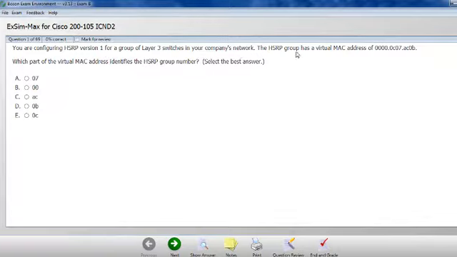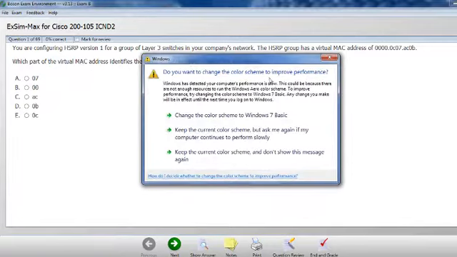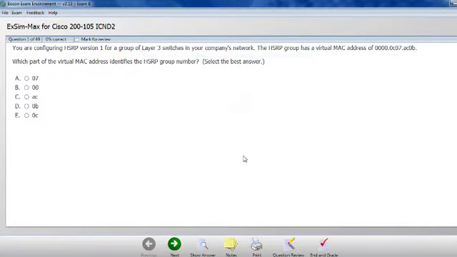The HSRP group has a virtual MAC address of 40, 0C, 07, AC, and 0B. Now the question asks: which part of the virtual MAC address identifies the HSRP group number? Select the best answer. So